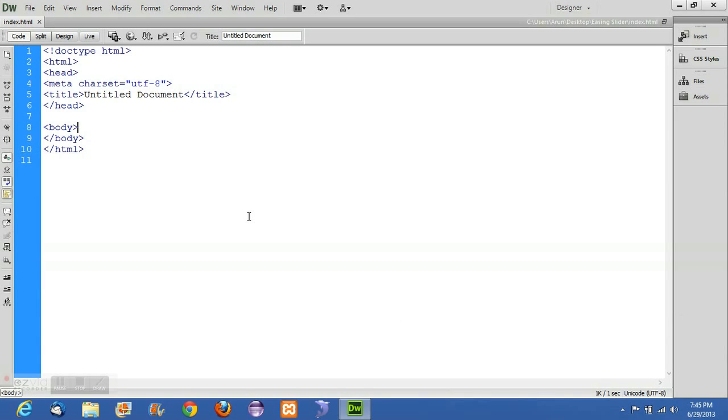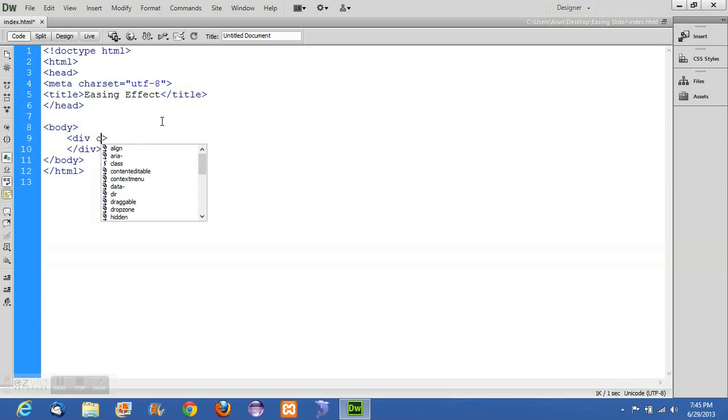So for creating an eSync slider, first we need to have a few divs. We need to decide which portion we want to slide. Those things we need to create first, and then we will move on to giving the easing effect. So let me give a title, easing effect, for this, and first I'm going to create a few slider items. So let me create this div, and I'm giving this class as slider item,